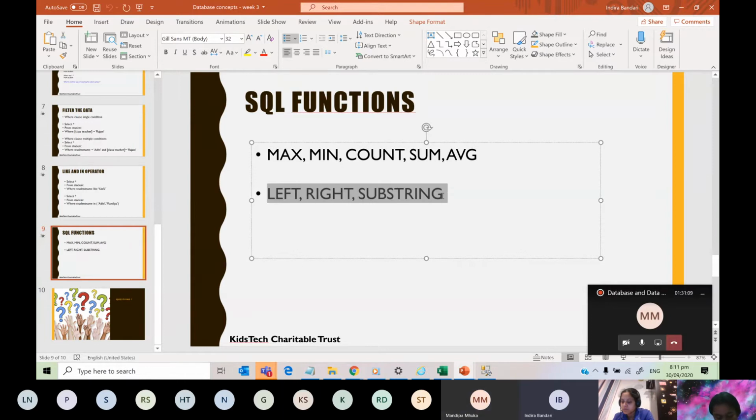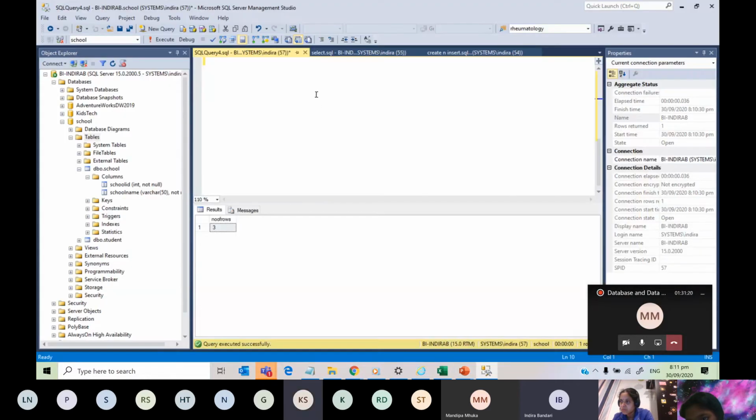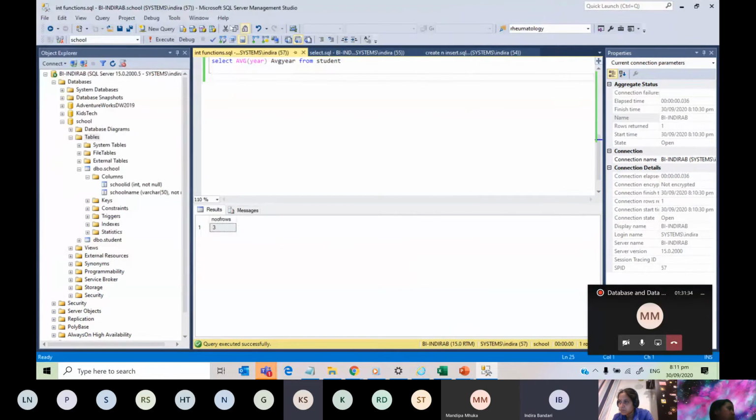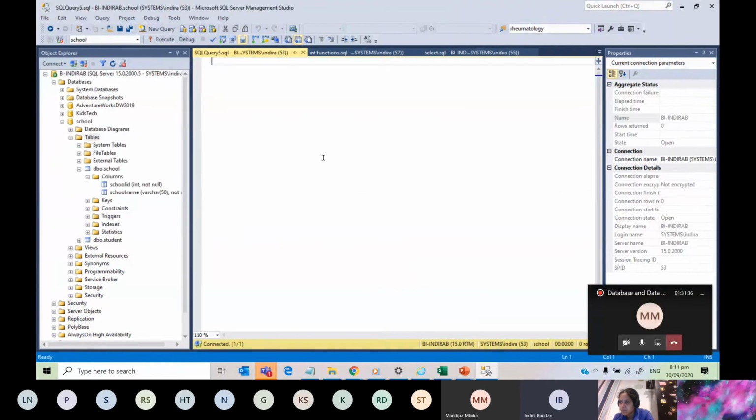Now these are the functions that are used for strings. So let's do the strings part. Maybe I'll save this one as integer functions, and now I will go into string functions.